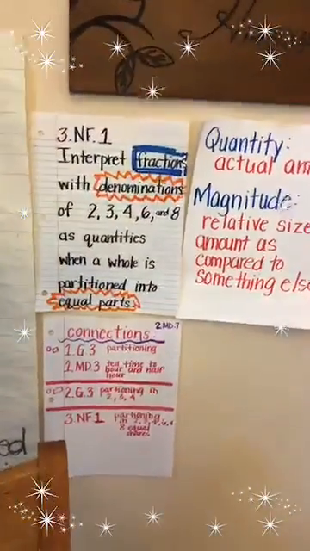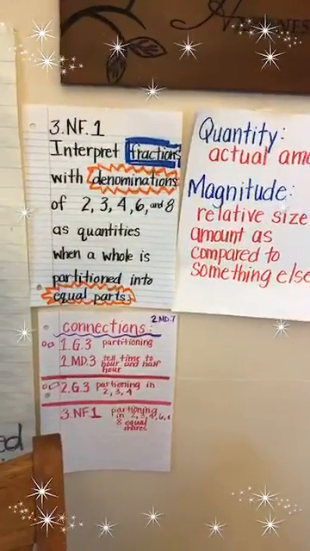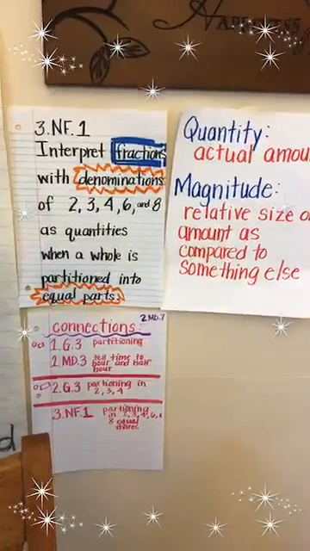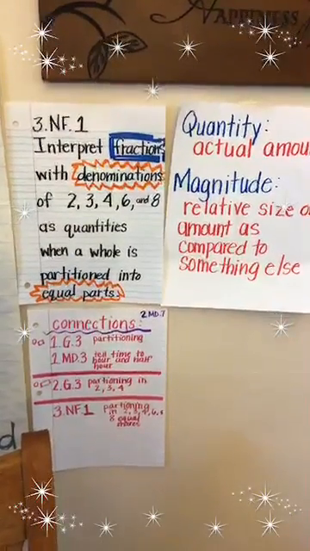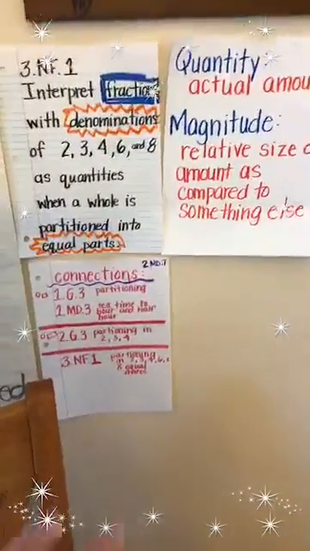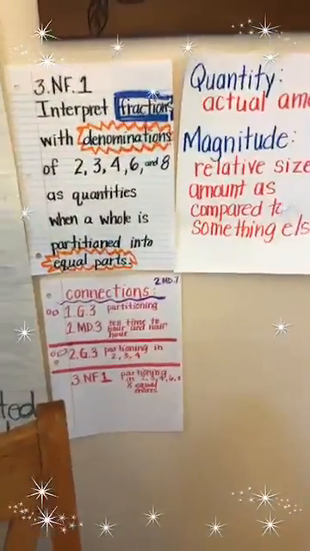We're looking at 3.NF.1, interpreting fractions with denominators of halves, thirds, fourths, sixths, and eighths as quantities when a whole is partitioned into equal parts. And down here, Miss Street's made my connections. Can you see my finger? Yeah. I just make connections for myself